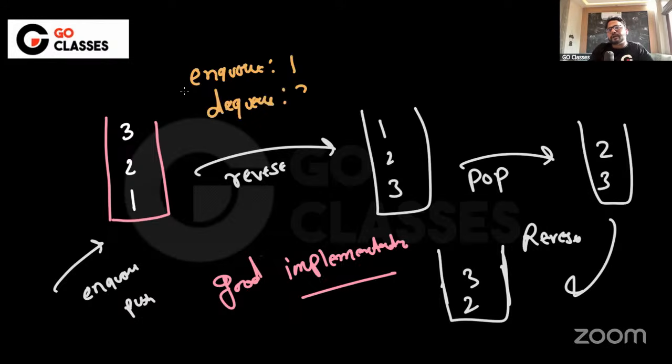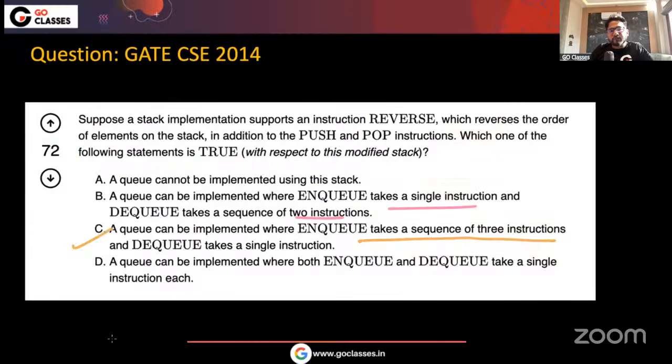This is also correct. Earlier I think I said 2 operations, which is incorrect. Basically, it is NQ 1 operation, DQ 3, or you can do here 3, here 1. This is also correct. They're asking about this. If one of the options is NQ 3 and DQ 1, which is also correct. NQ 3, DQ 1.